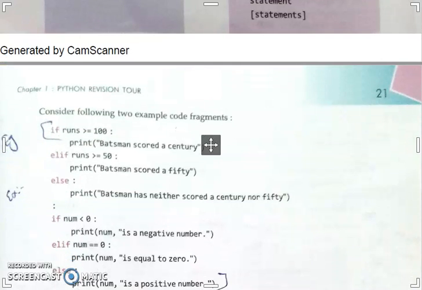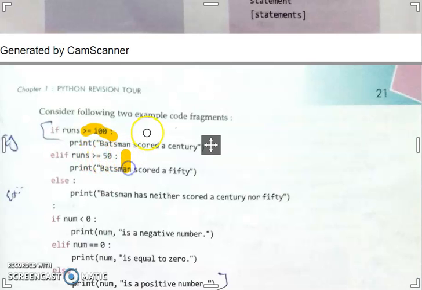For example here, if runs is greater than or equal to 100, it will print batsman scored a century. Suppose this condition fails, that means it is less than 100. Less than 100 means 99, that is 50 to 99.